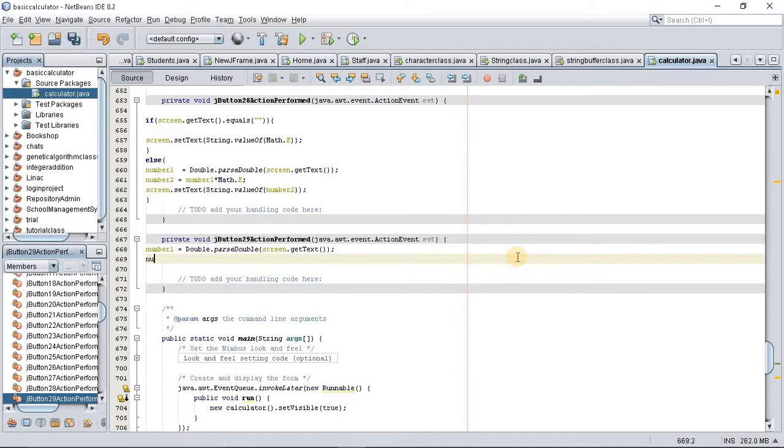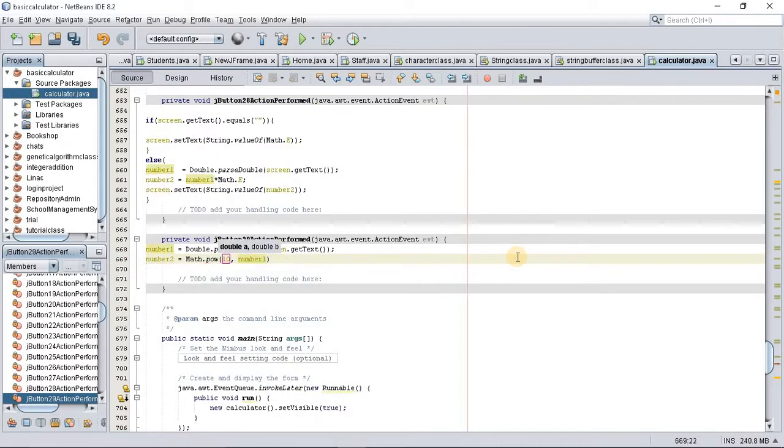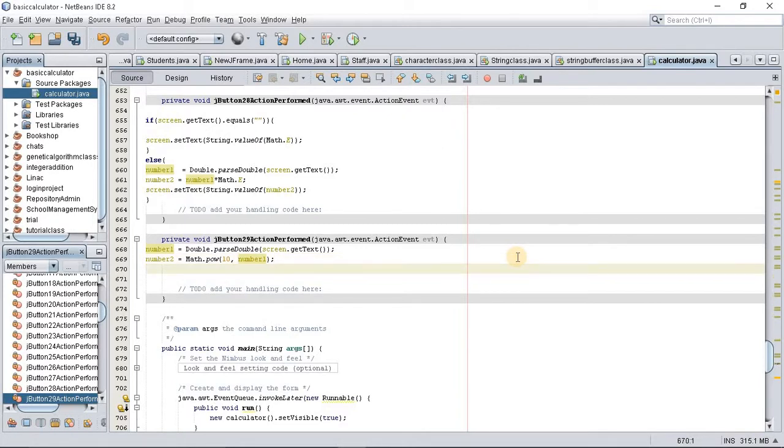now number two equals Math.pow, 10 raised to power number 1. Then close your brackets. Then next we're going to say in the screen, let's set text String.valueOf, and here we're going to be saying number 2. So if you right click and run file,